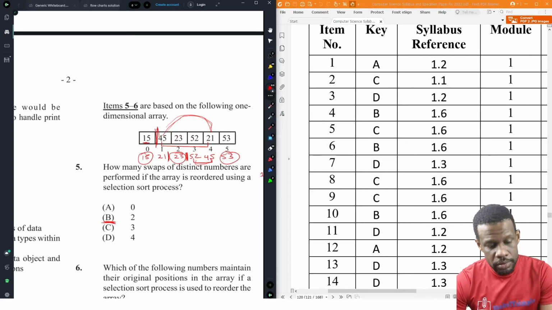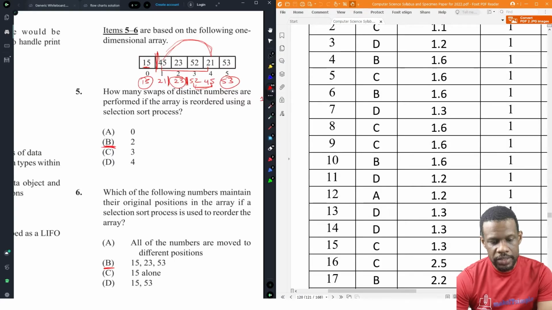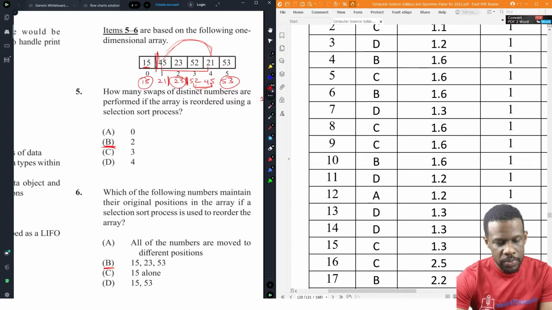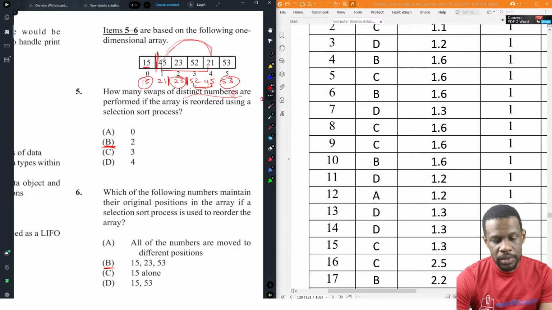Yes, so that is wrong. 5 is wrong. They have C, but the answer is B. Unless they don't know how many swaps of distinct numbers are performed. I don't know what they have. How many swaps of distinct numbers are performed? I don't know if they mean how many numbers, like individual numbers, are actually swapped. If that's the case, then 21 is a number, 45 is a number, and then 52 is a number that's swapped with 45. So 3 numbers